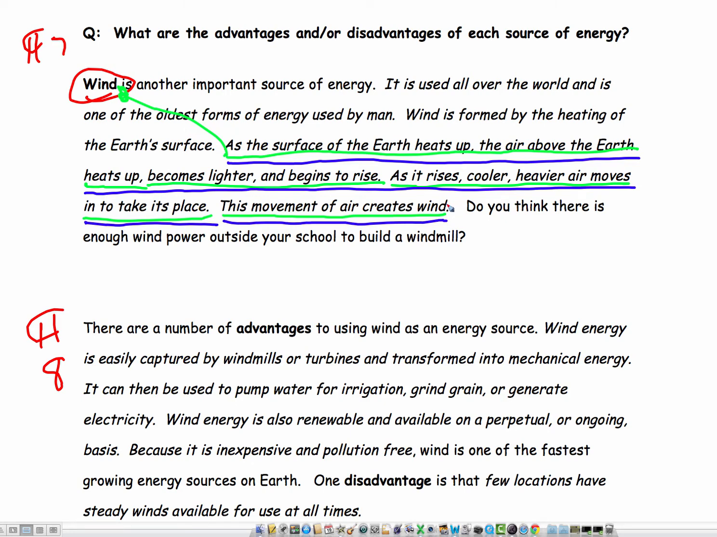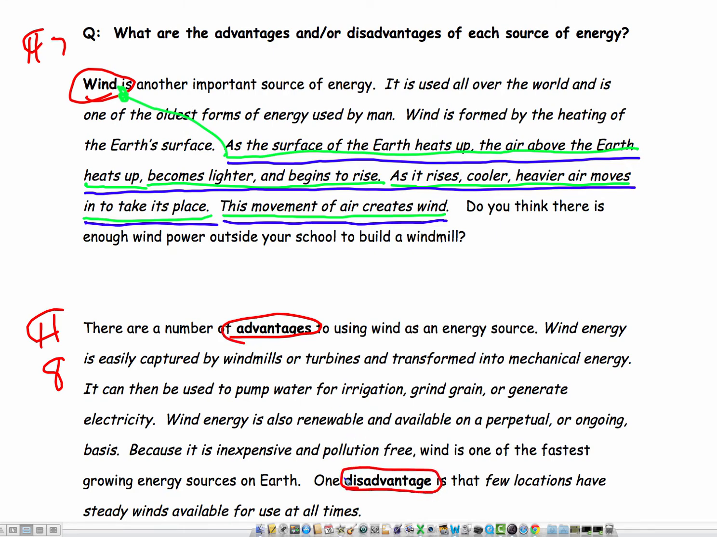But this idea about how wind is generated and created because the Earth is heated unevenly by the sun is an important concept that we'll study a little bit later. So, paragraph 8. Again, we're going to circle advantages, and we're going to circle disadvantages, and then we're going to go get our